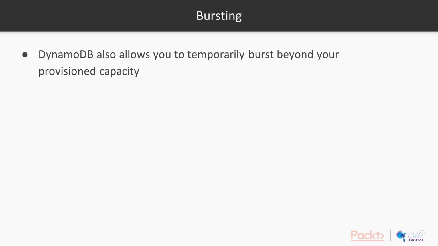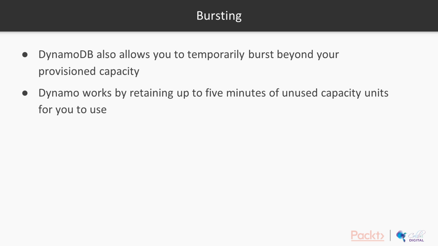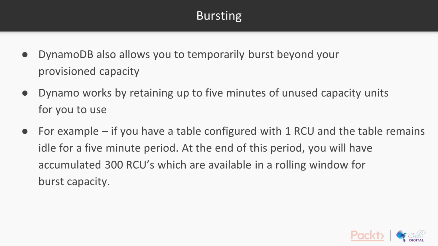Now our load on database tables is not always linear or predictable. So DynamoDB allows you to temporarily burst beyond your provision capacity. DynamoDB works by retaining up to 5 minutes of unused capacity units for you to use. And you can think about this like a bucket that refills but can only hold 5 minutes worth of capacity units. So for example, if you have a table configured with one RCU and the table remains idle for a 5-minute period, at the end of this period you will have accumulated 300 RCUs which are available in a rolling